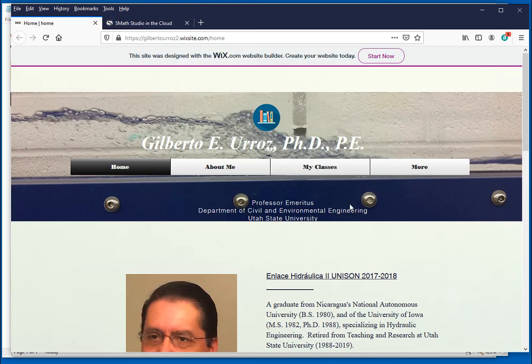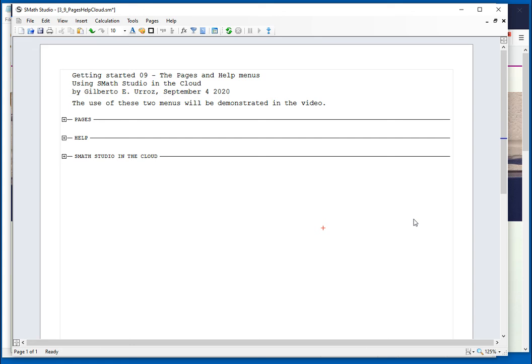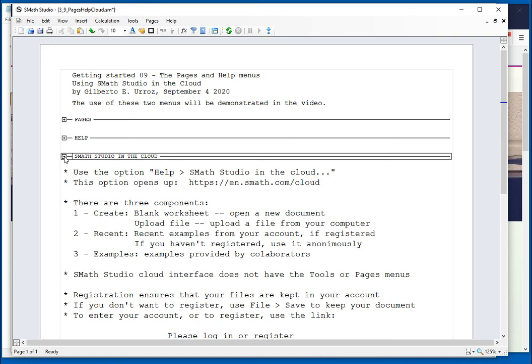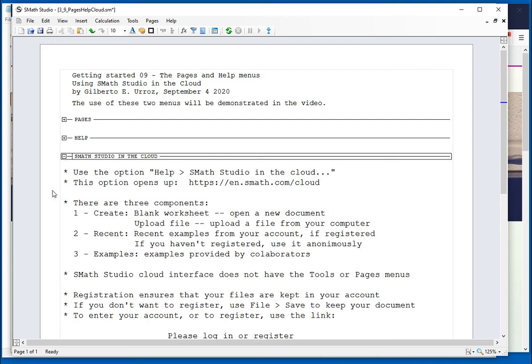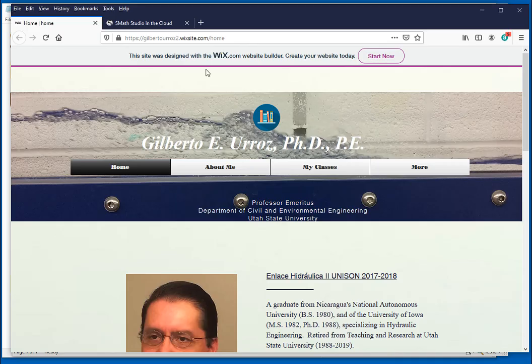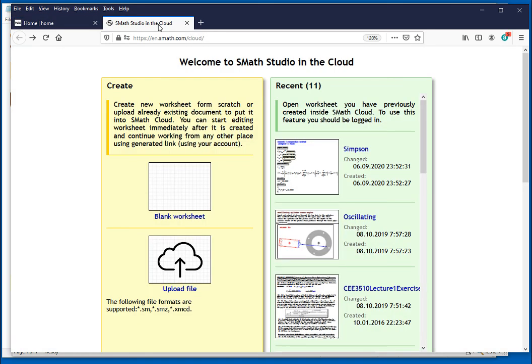If I go back to my file here, SMath Studio in the cloud, the things that I was mentioning are listed in here: worksheet, recent, examples. Use the link, please log in or register. You should find a link in the cloud when you visit that particular position. Here is the website. And so